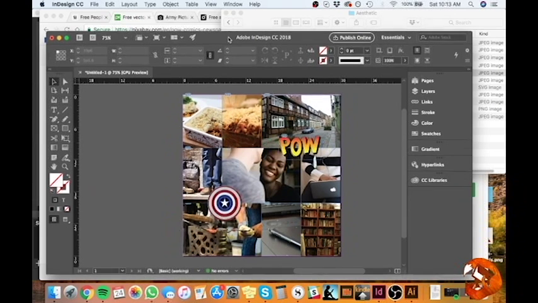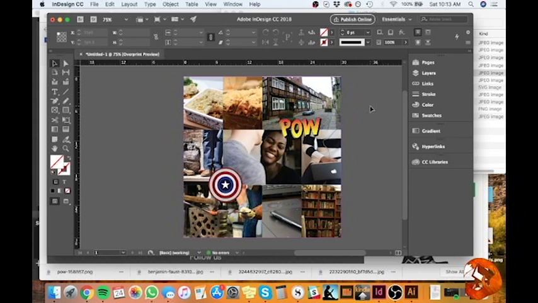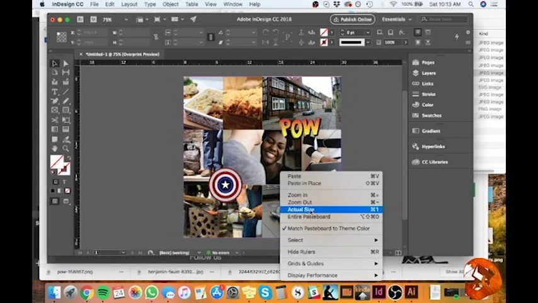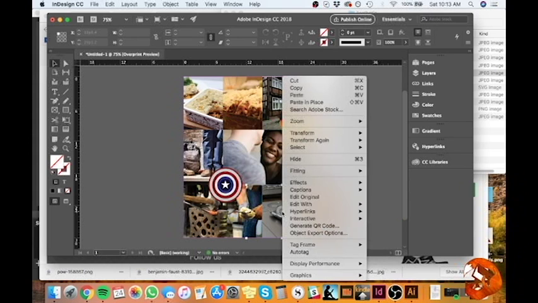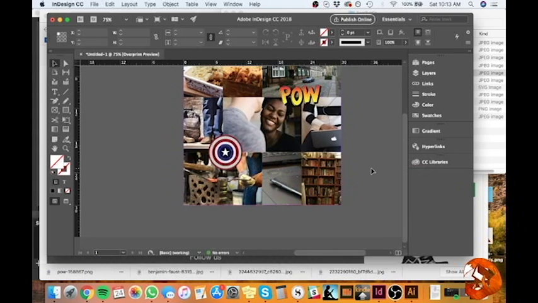And then if you want to see what it will look like when it's done, we have the overprint preview. And see here, I can see that this doesn't quite link up with the image above it, so I'm going to fix that. But yeah,